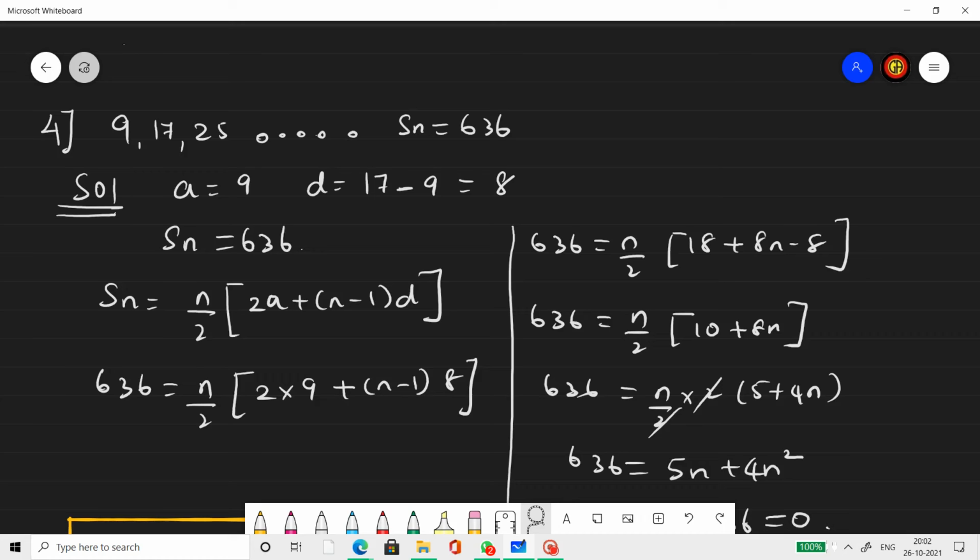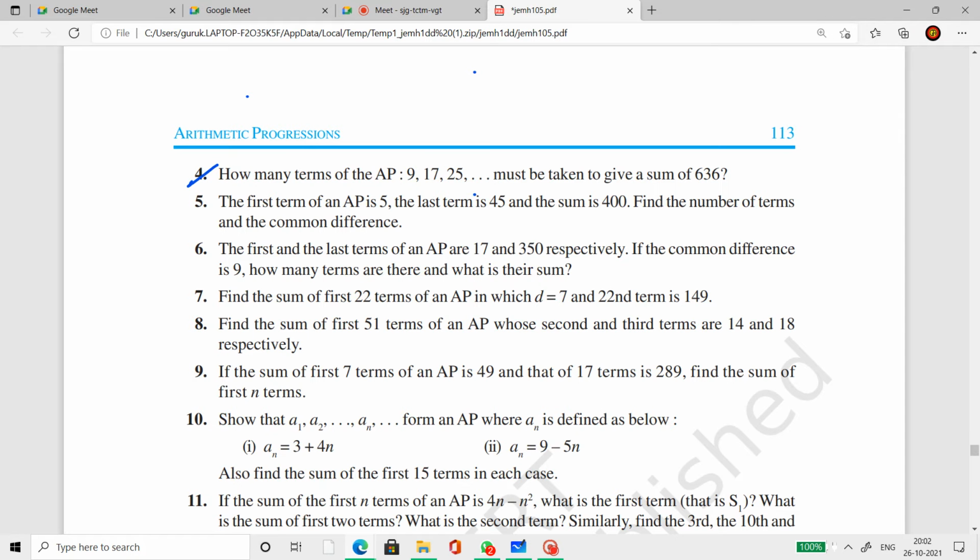So this is part 3 portion of AP. The previous two videos connected to the first and the second exercise. This is part 3, wherein we start with the fourth question of this exercise. So how many terms of AP must be taken so that sum is